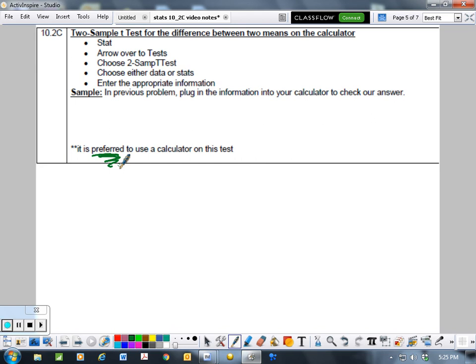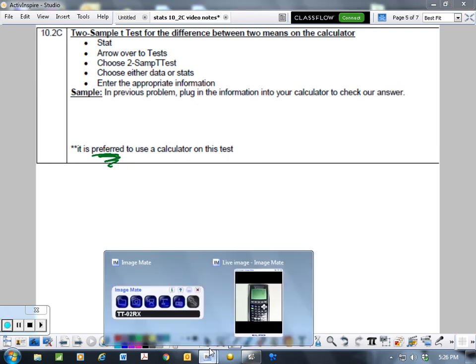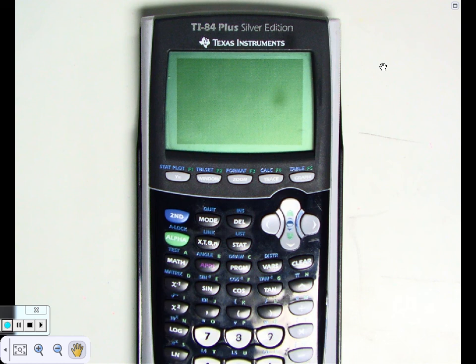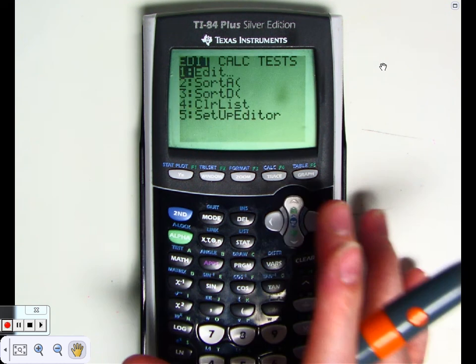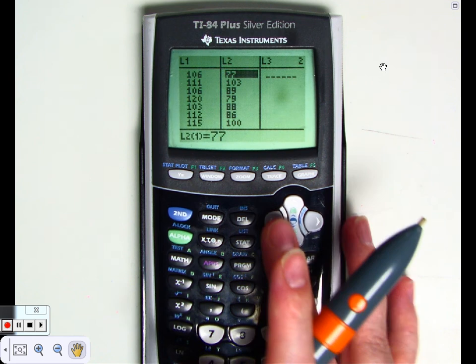And so the calculator will use the complicated formula rather than the safe way of our smallest sample minus 1. So what we're going to do is, luckily I calculated all of the one variable stat, so my data is already in the calculator. Let's take a look at this real quick. So here's my calculator. If I look at stat and edit, you can see that I have all those values